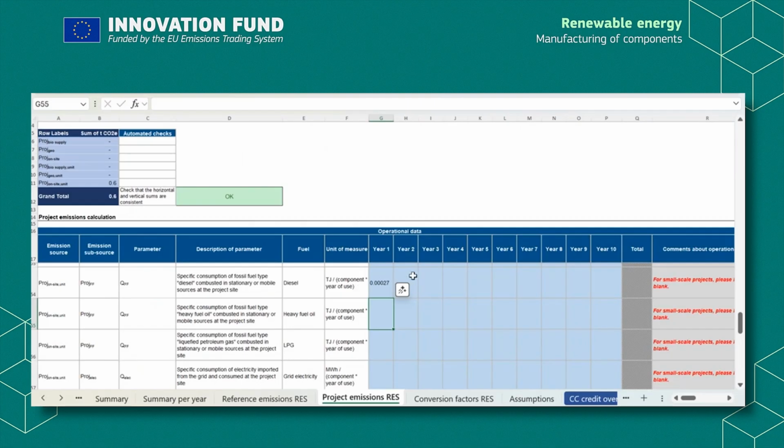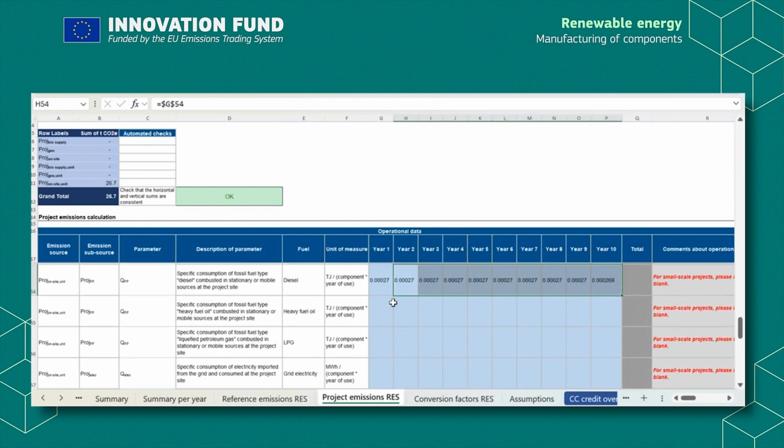I calculated this value based on some of the other inputs you can see in my Assumptions tab, which are the number of blades per tower, the size of the wind farm, the average distance between the port and the wind farm, the number of trips to the wind farm per year, and the amount of diesel consumed in the boat per kilometer traveled. I will assume this consumption will remain constant throughout the years. During your application, make sure to indicate any expected variation over the years, whether in the fuel usage or frequency